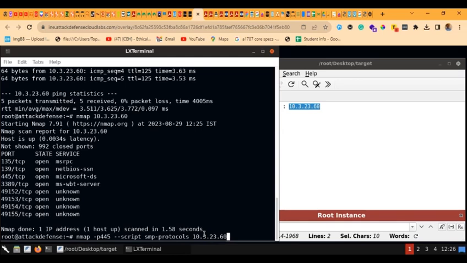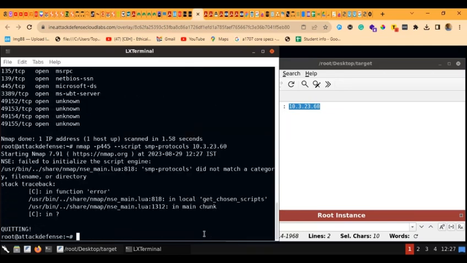So this particular syntax or command is usually used to list the supported protocols and dialects on the SMB server. So the SMB protocols script will help you to check the protocols and the dialects that are on the server. So once I run this,